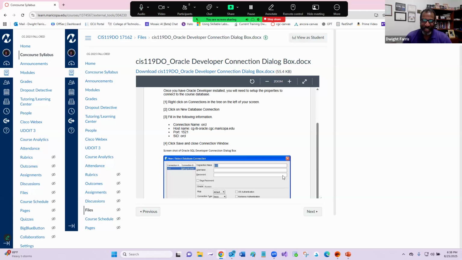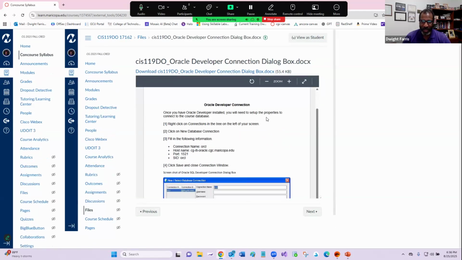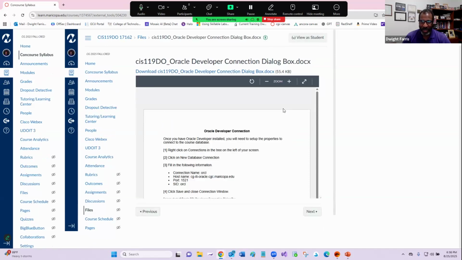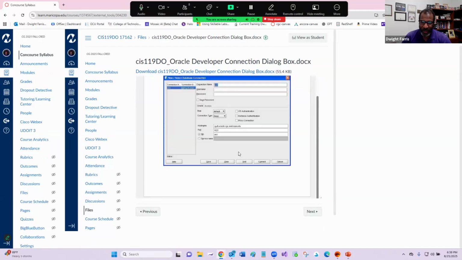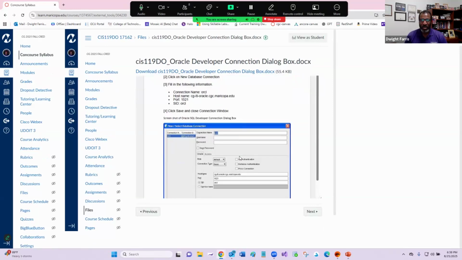As far as setting up SQL Developer, we will walk through this. Matter of fact, I would recommend that you download this page. It's just a page. This is how we're going to set up SQL Developer. And you notice that you can put in your username and password and save it, which is fine. Once again, this is an open environment. It's a cloud-based environment. There's really no need to secure it, but